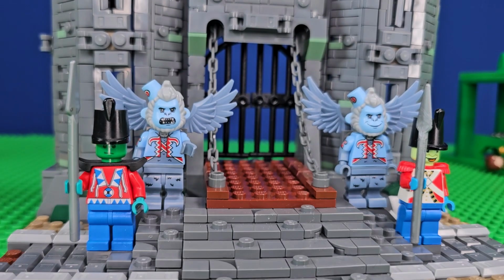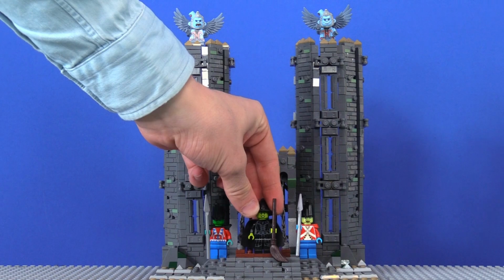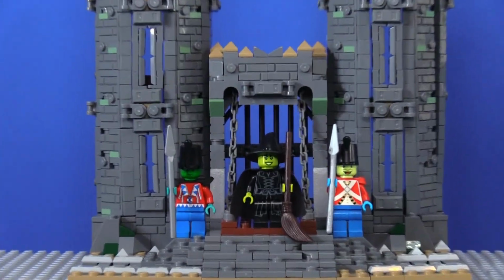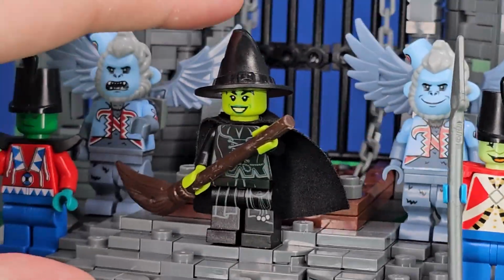Now here are the bad guys, or at least one bad guy, the Wicked Witch of the West. She came in the only ever standalone Wizard of Oz set, this LEGO Dimensions Fun Pack, which came with a funky build of a flying monkey and of course the first ever minifigure from Oz, a Wicked Witch. She came with a broom, the black hat, and it wasn't the last time we saw this minifigure, because here